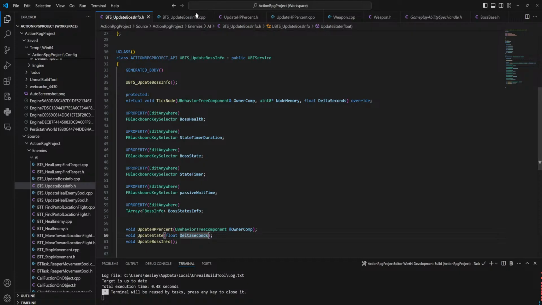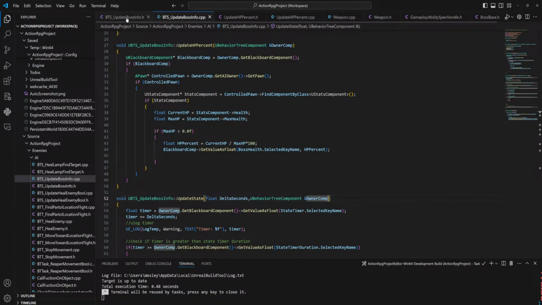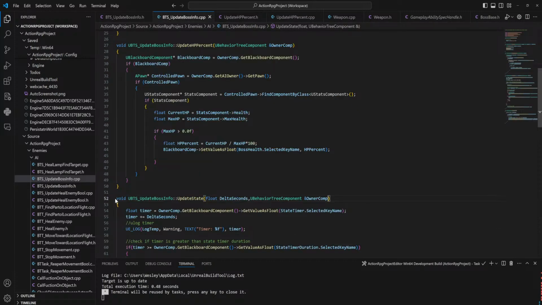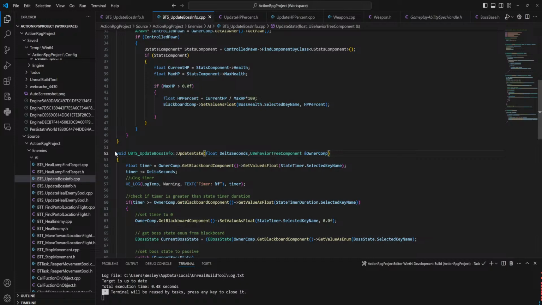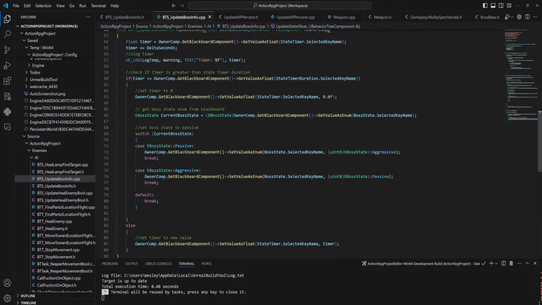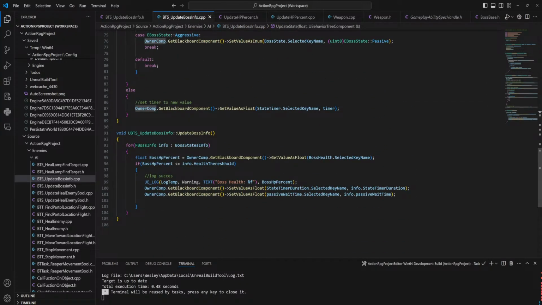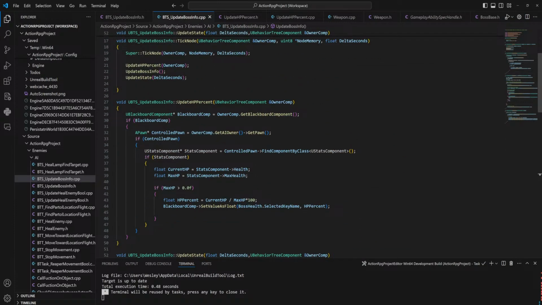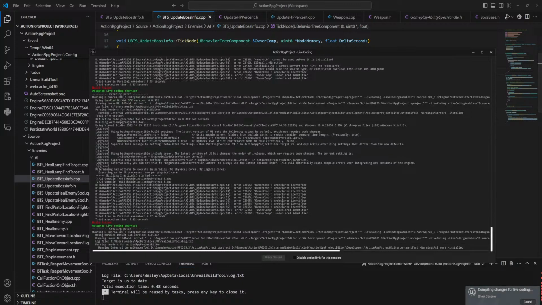In update state, right? And I'm probably also in update boss info itself now I think about it. Update boss info also uses owner comp. Yeah. Okay.